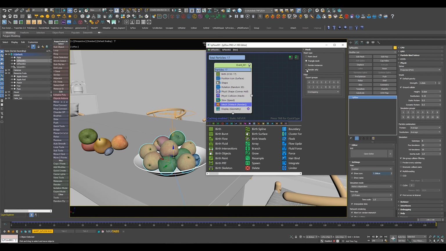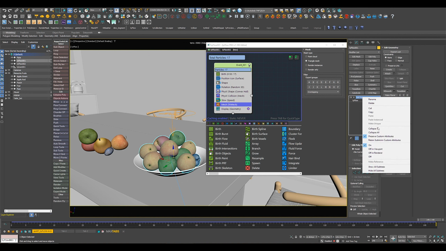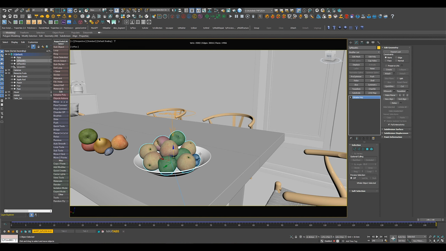So you have to uncheck that thing. And now with TyFLOW selected, go to edit poly, right click, and then go to collapse to. Now we collapsed that setup that we have created with TyFLOW, and we can call that fruits A, for example,